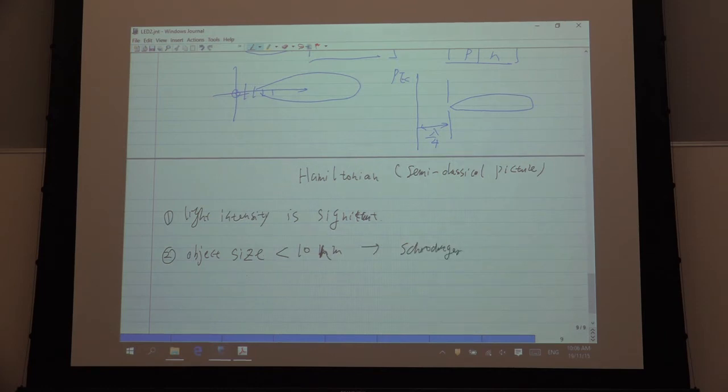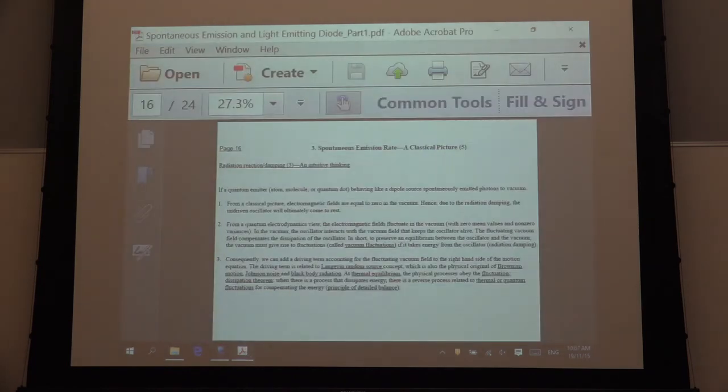This part we just use the classical Maxwell equation. This is still classical, so we call it a semi-classical picture. Just a laser: use a laser to excite some quantum dots. We use this framework because the laser intensity is strong and the quantum dot is very small. But in vacuum, where everything is dark, the atoms still emit light, which requires the quantization of the Maxwell equation. There's no choice.